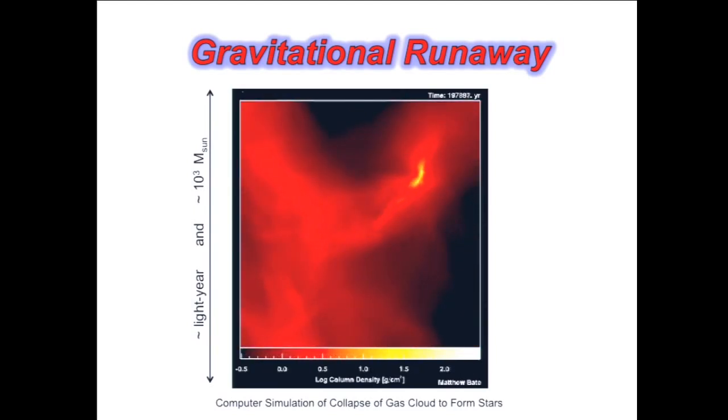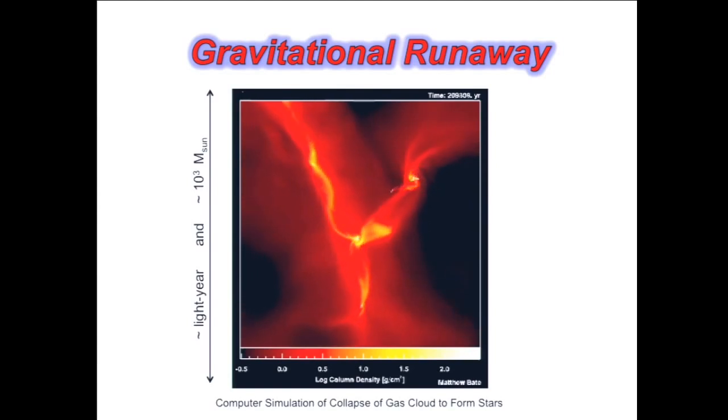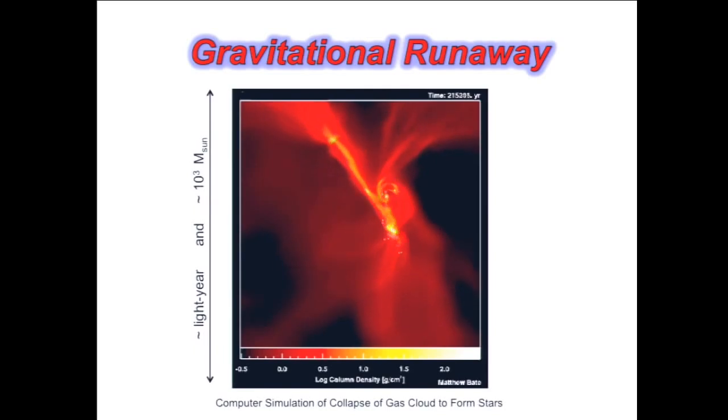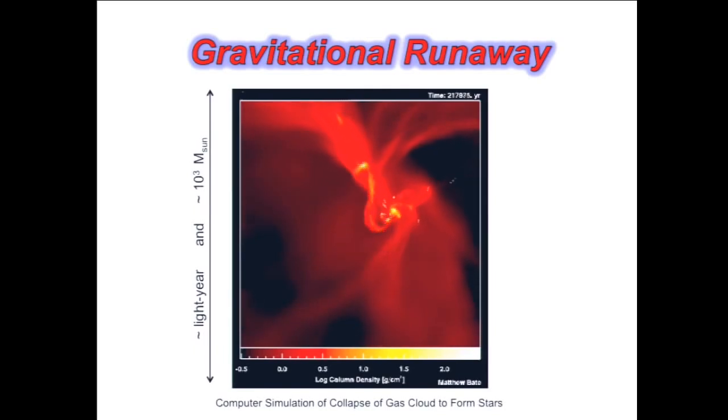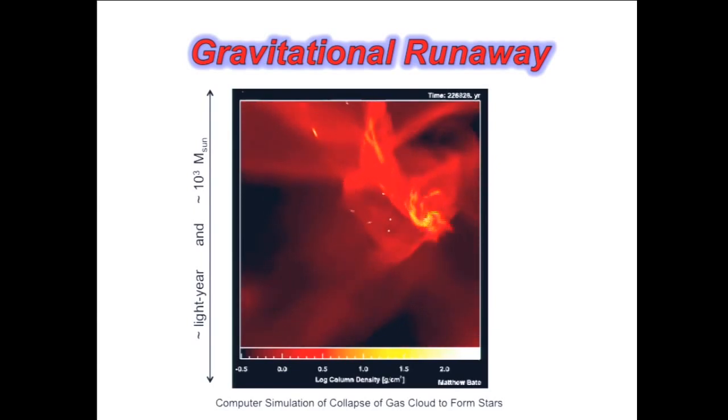This is a very dense region. Now you'll actually be able to really visualize how this is pulling stuff in. This region here, stuff is falling in. The gravity of this is pulling stuff in. The little white dots now are actually individual locations where stars have formed in this simulation.